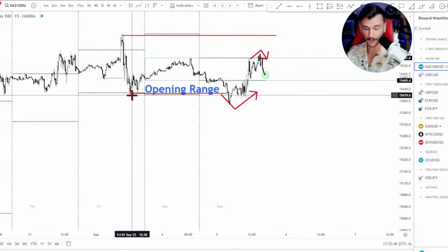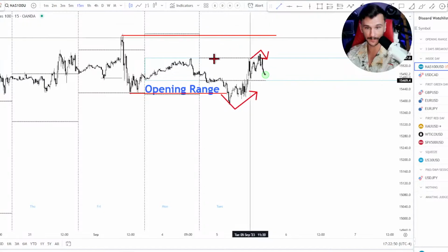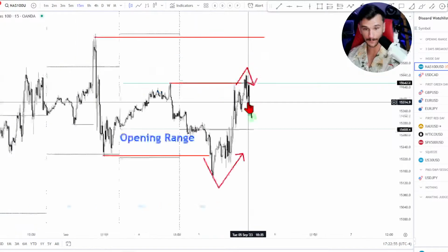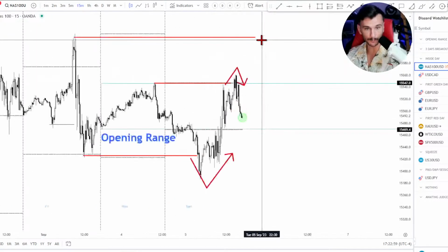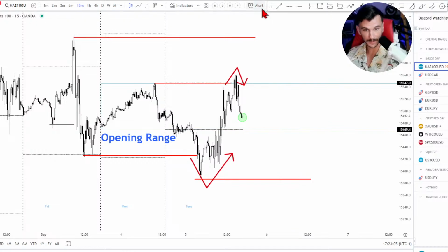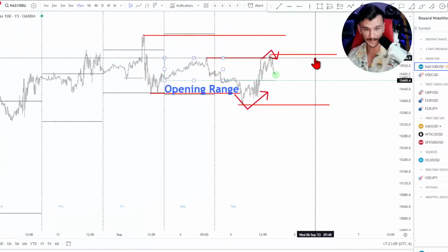So we had a break in structure down. We have a high and a low. Now we've made a lower low, and now we've basically worked back up into the high. Something like that. So what I'm really going to focus on tomorrow is just peak formation high, peak formation low. This is my weekly range as of right now. It's looking pretty good. And that's really all I have to go on.